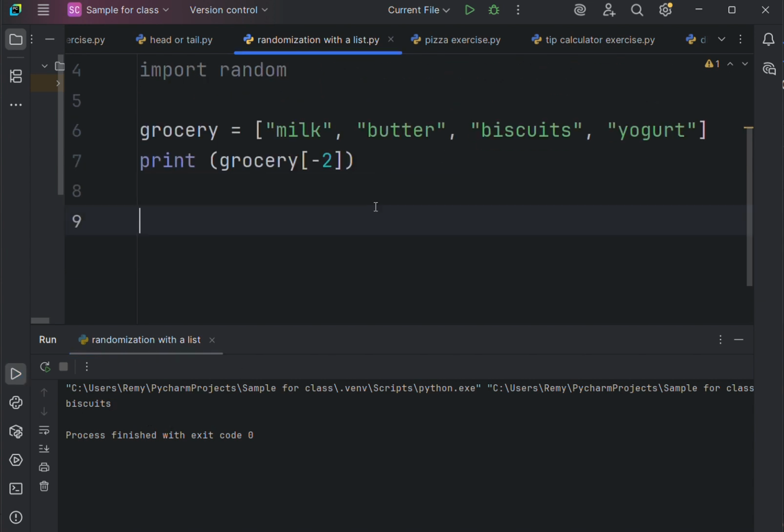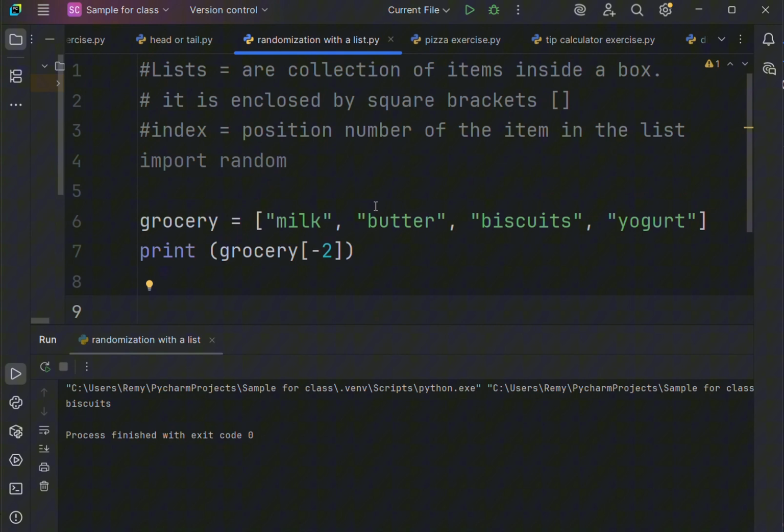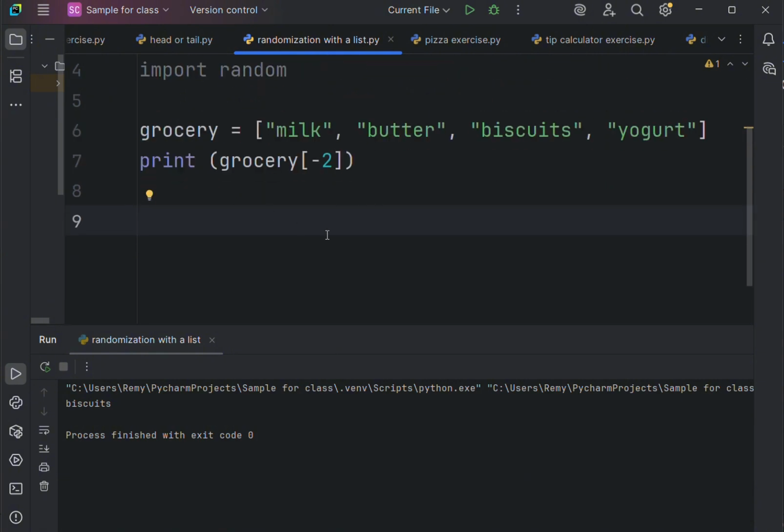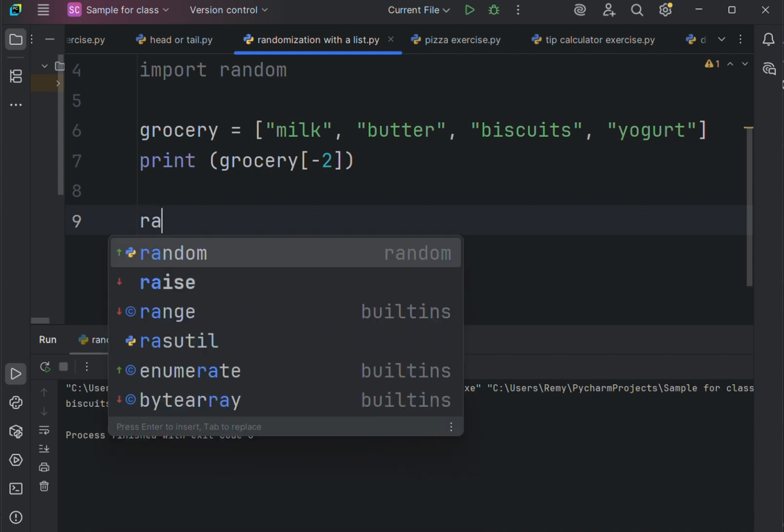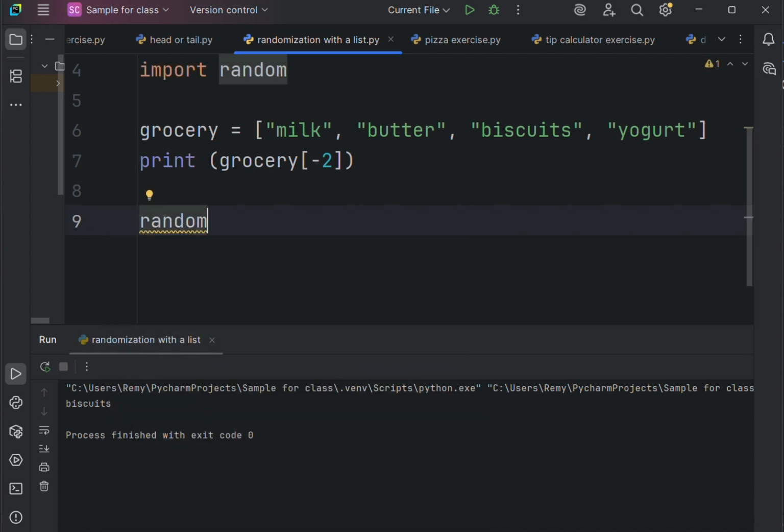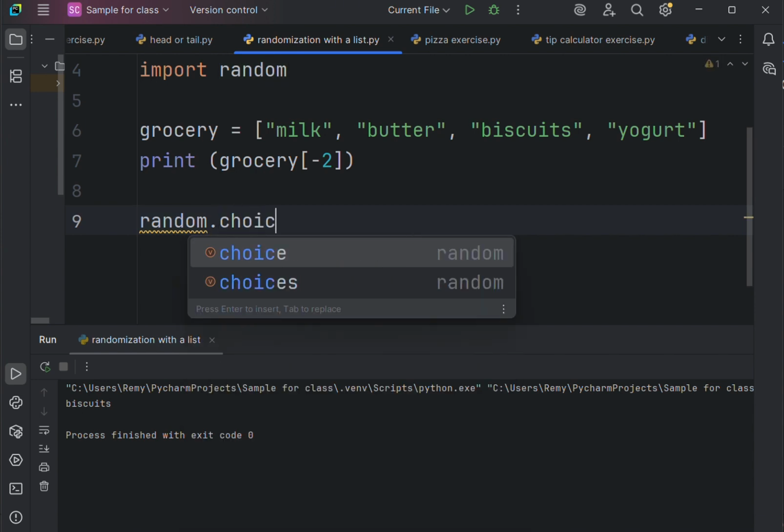Then we can proceed now to what I told you a while ago, an important random code. Okay, so here we go. I hope you have seen this. It's not very obvious in the Python documentation, but this is one important code, random.choice. Because last time, we already discussed random.randint, random.uniform, and random.random.